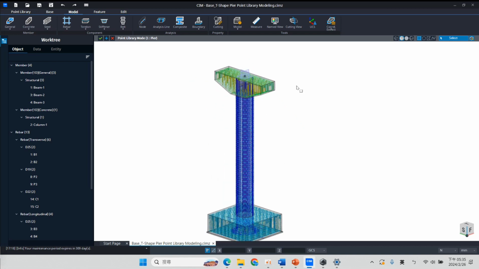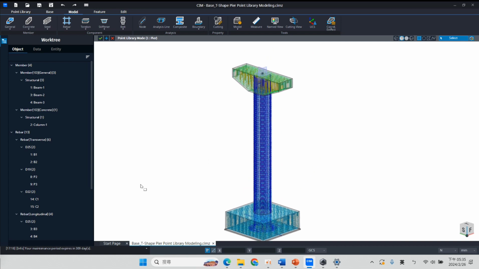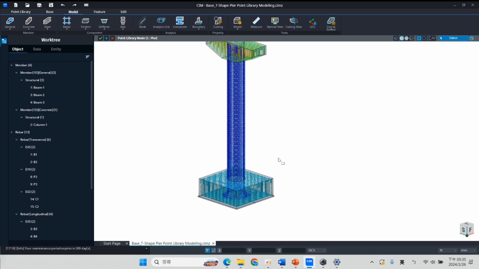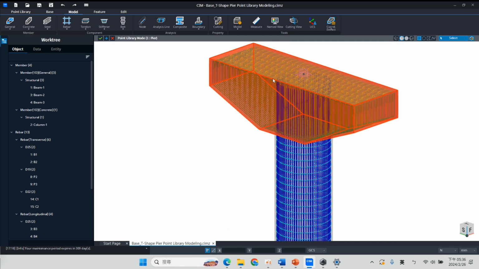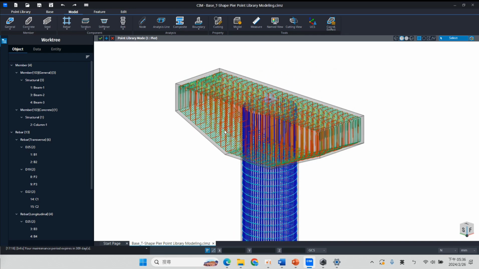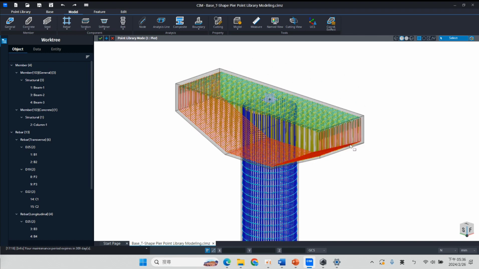For example, if this is a T shape, you want to print the view from the cross-section part, from the top view, from the side view, or maybe you want to see only certain rebar. For example, you want to only see the stirrups here but nothing else. You can do it using Midas CAD ID,